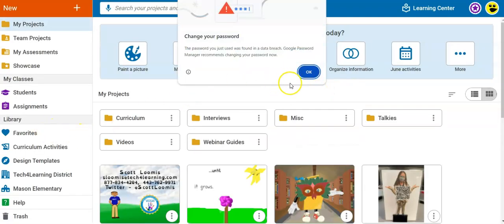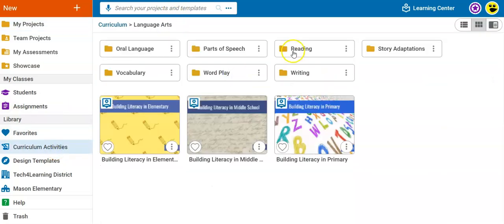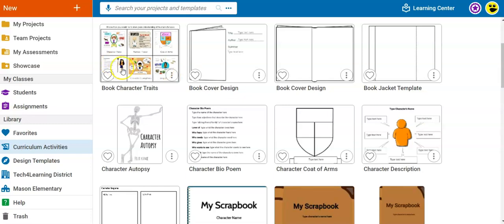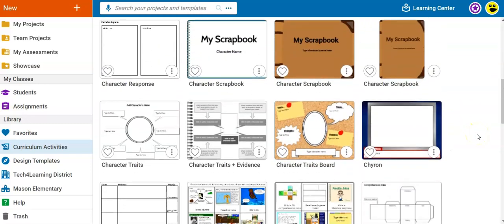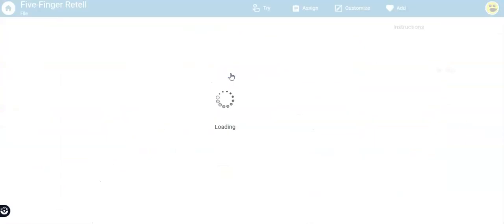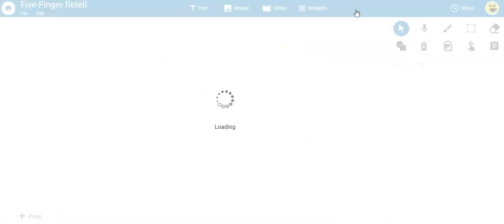I do want to note that in addition to searching for keywords, I could explore. So I go into language arts, just seeing what they have for reading, and let's do comprehension. All right, book covers, book character traits, descriptions, coat of arms, scrapbooks, cubes, comprehension. Do you know what? I was meaning to use a 5-finger retell, and I'll notice that in this case, I would like to actually add some components in. I do want to customize it for the students so that they're more able to demonstrate their knowledge instead of again starting completely from scratch, and I can try to ease that process and make it much more efficient. So instead of assigning the template, I go ahead and select Customize, at which point I